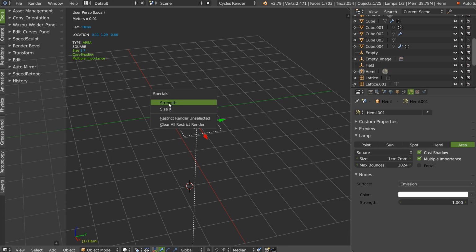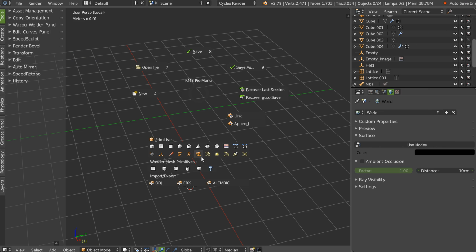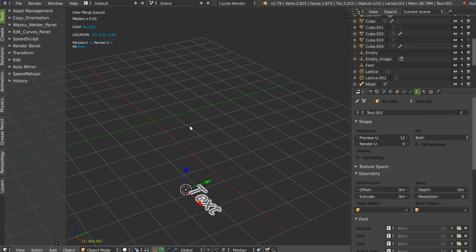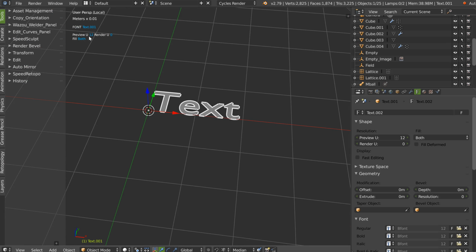If you don't know, you can edit the strength here and the size here with W. This is really useful. So I added text. I will Shift C, Alt J, and you have the preview U and the render U. You have the fill.